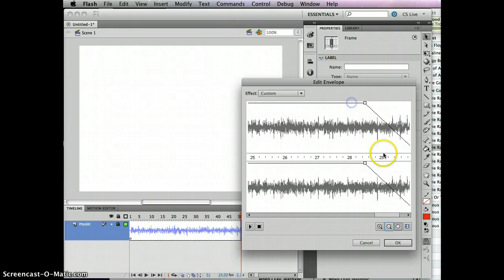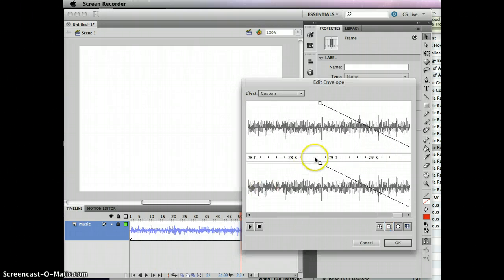Okay, let's try that on the top. Why is that not going? I don't know why that didn't let me grab it, but